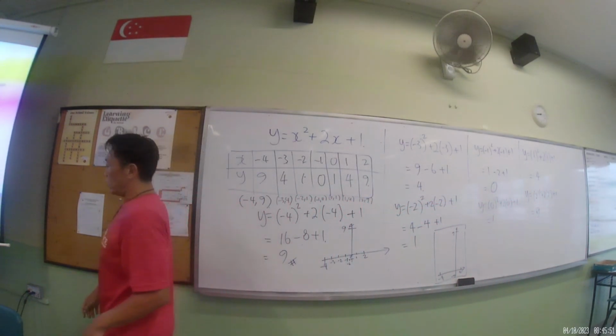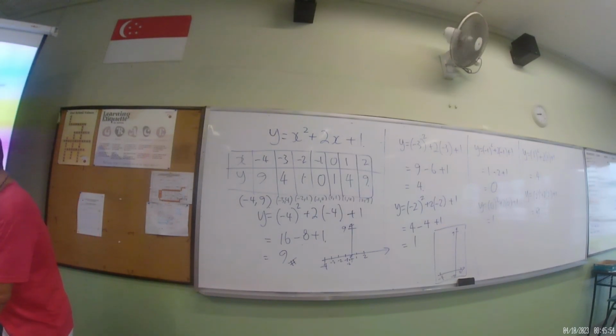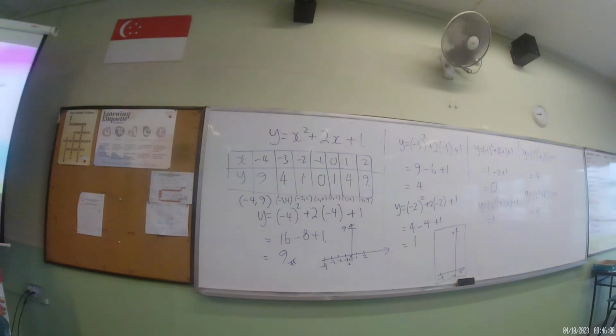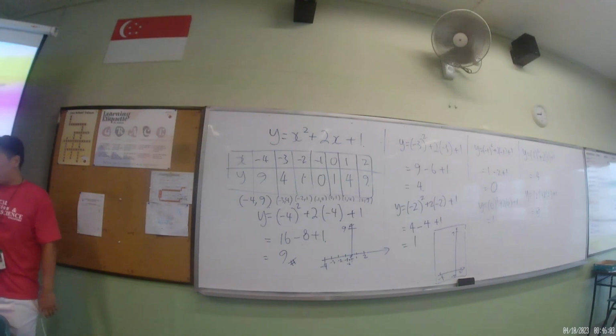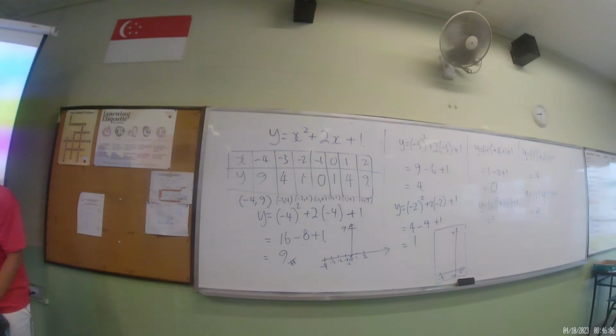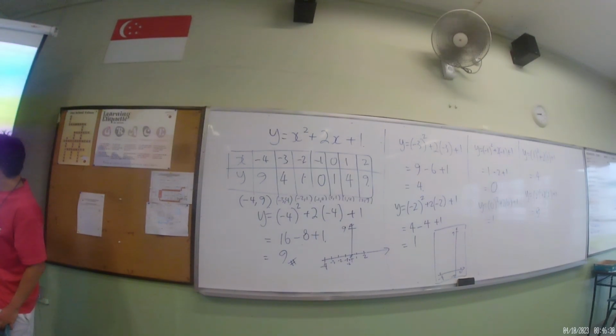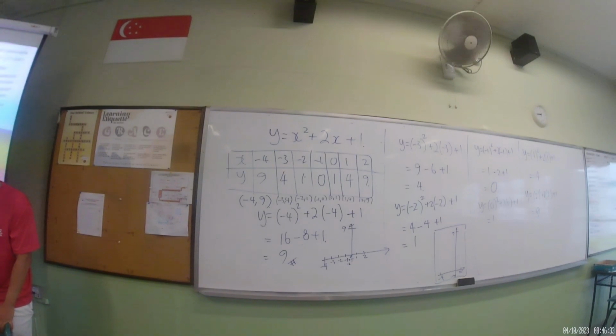Okay? So the question already tells us to use a scale of 2 cm to 1 unit on the horizontal x-axis. Meaning, on my graph paper, every big box like that is 2 cm. So if you look at your own graph paper, every 2 cm is a big box. Between here to here will be 1 unit, another unit, another unit. Okay? Vertically also the same. But vertically they say